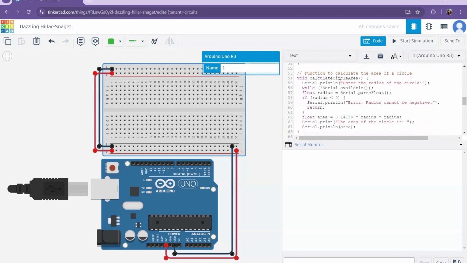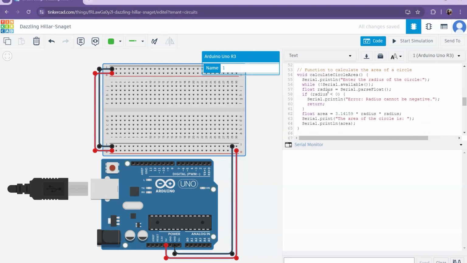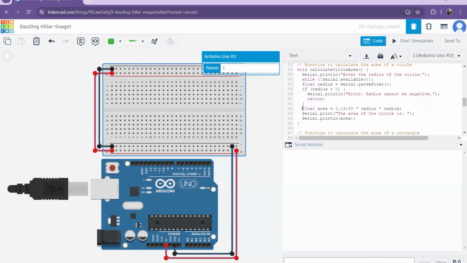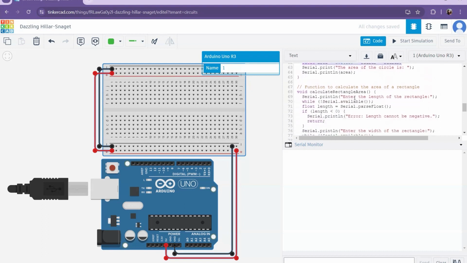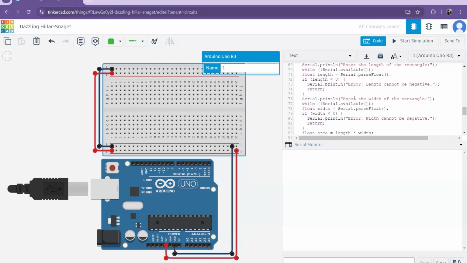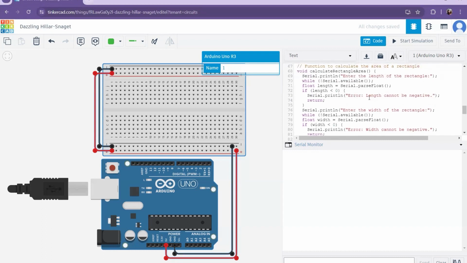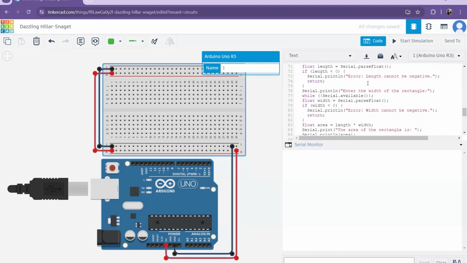And in the void calculate circle area, this is where the calculations take place. Here is the formula. Also here in calculate rectangle area, there will be an error if the user inputs a negative value.